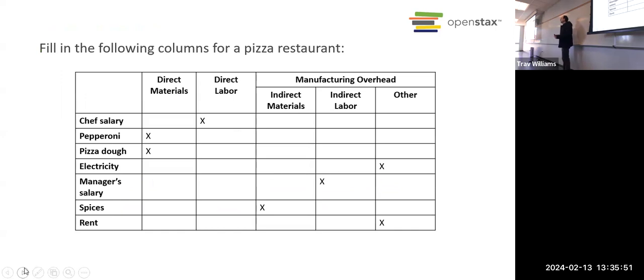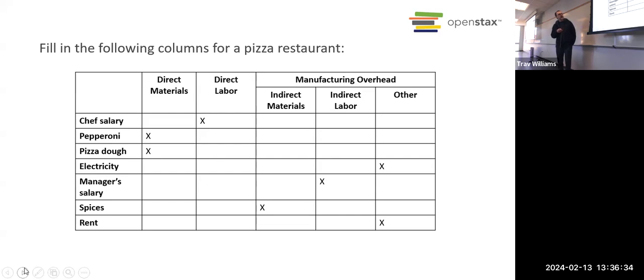Okay, let's look through this example. So we've got a pizza restaurant. And we need to look at these different costs and see how they were classified and think about why. So here it says the chef's salary is direct labor. Why would that be? Because it's actually prepping the food. The pizza restaurant, the chef is probably actually making pizza. Now, there might be some restaurants where you've got an executive chef who's not actually in the kitchen, right? They're designing menus or something like that. But typically the chef is actually involved in making the food. So that would be direct labor.